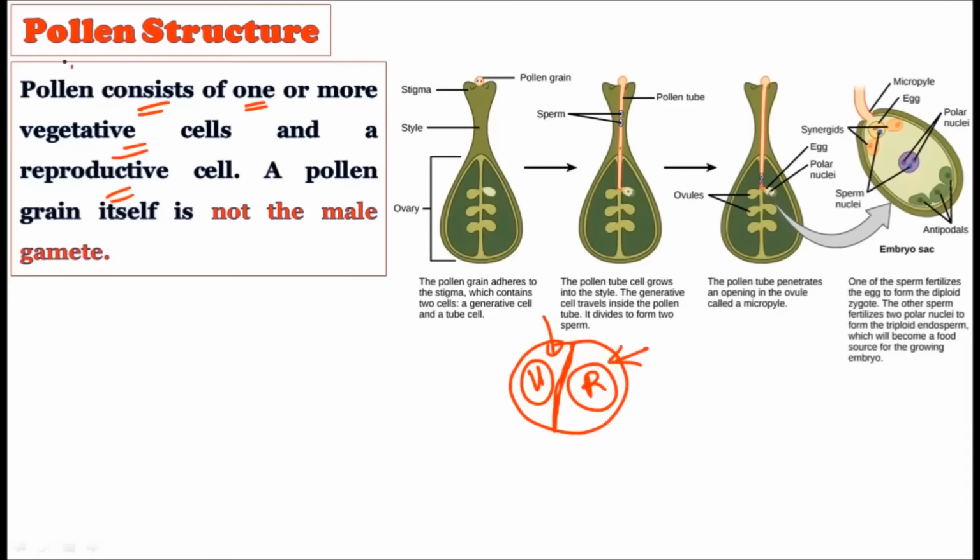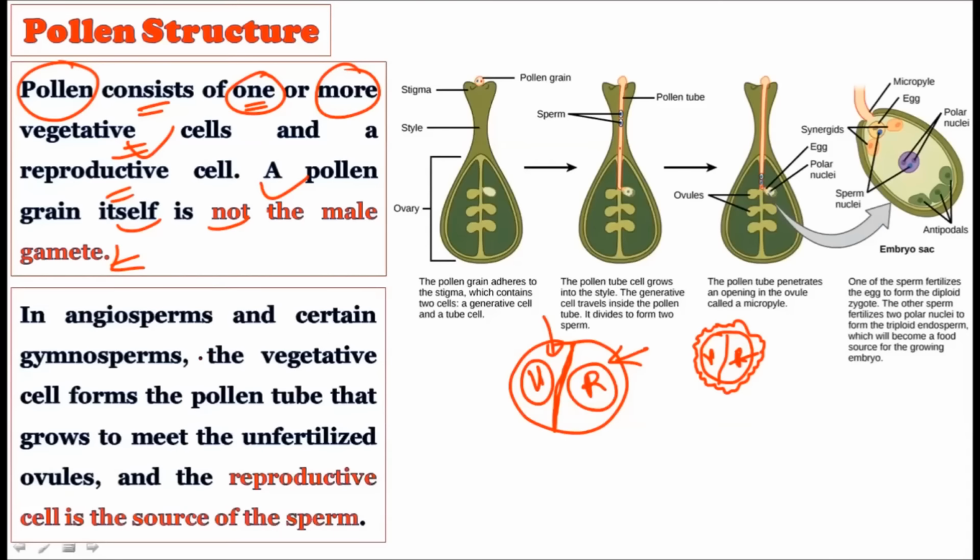Okay, so reproductive cell and generative cell is the one name, and the other name is the vegetative cell. So once we have the pollen grains, whether it is coming from the monad, dyad, tetrad, or the polyad, or the pollinium, if you consider the single pollen grain, this single pollen grain is made up of two cells. The very first is the vegetative cell and the second is the reproductive or the generative cell. Sometimes more than one vegetative cell is also present. See, a pollen grain itself is not a male gamete. As we already know, this pollen grain itself is not a male gamete. Actually, this reproductive cell later will create the male gametes.